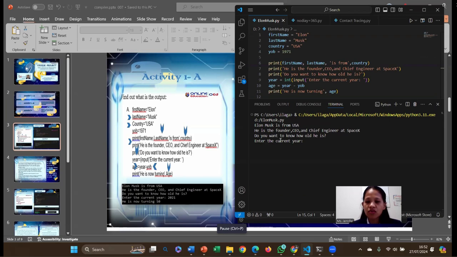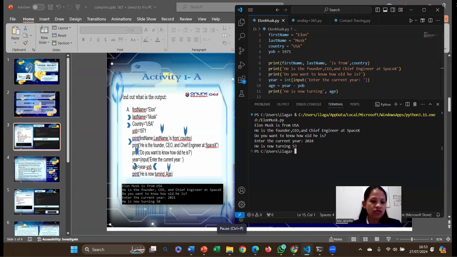And it says, do you want to know how old he is? It prompts us to enter the current year. So let's input current year 2024 and let's see. Okay, it shows here he is now turning 53. So that is how I got a correct output of this provided code for our activity 1A.